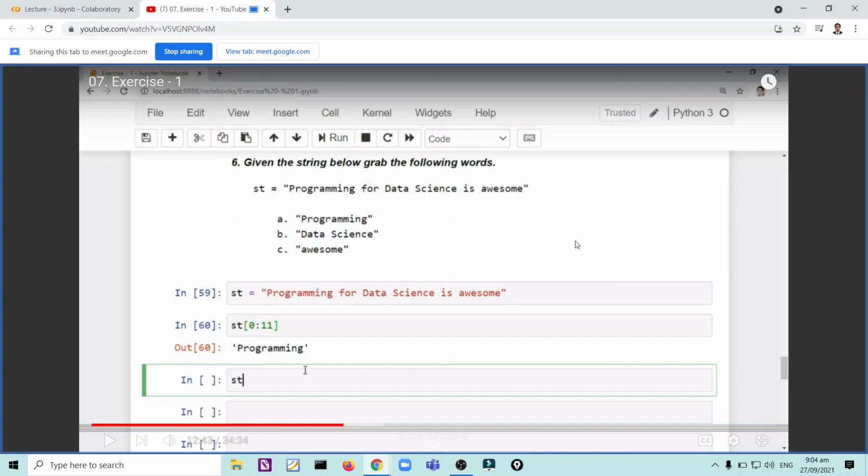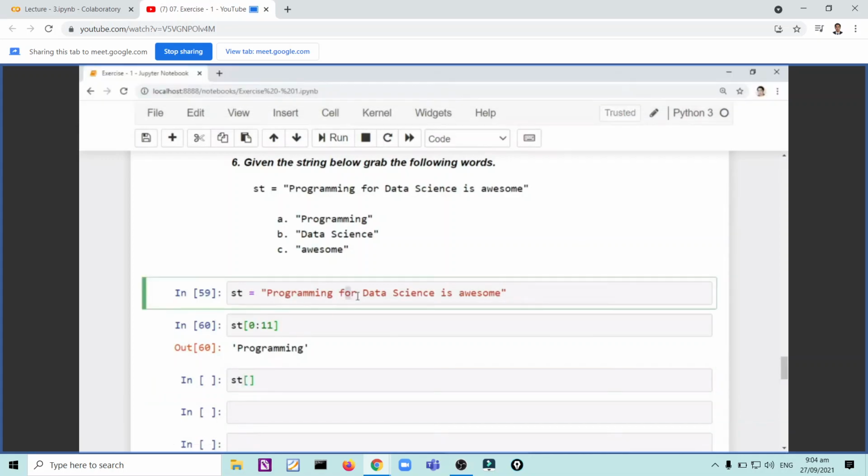Grab data science. If this is 11, then this is 12, 13, 14, 15, 16. So you start at 16, 17, 18, 19, 20, 21, 22, 23, 24, 25, 26, 27, 28. So we will end up at 28. So again, Alt Enter. So it's data science. So how about you grab the last one? Okay. So if you count from here, I think you will count a lot. But since this is at